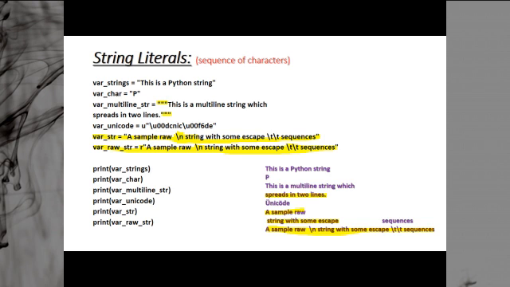And then we have Unicode characters. A Unicode string starts with U. Unicode strings means it is a string, but it is not only having ASCII characters, it is having Unicode characters and ASCII characters. Now to specify Unicode characters inside the string, we use \u. That means Unicode. There are 2 Unicode characters. These are 16-bit Unicode characters. I can use 16 bits or I can use 32 bits. If there are 4 characters, then that is 16 bits. If there are 8 characters, then this is 32 bits.